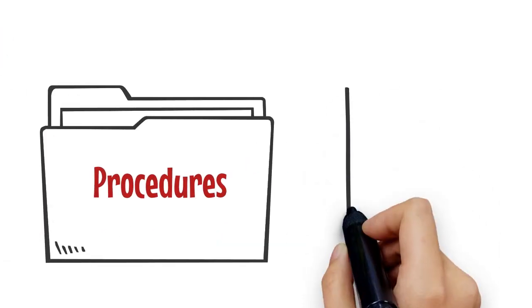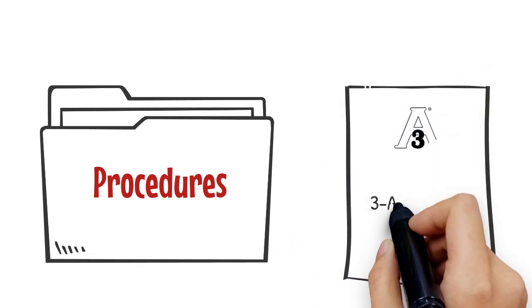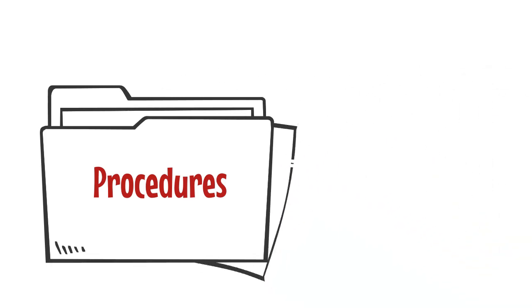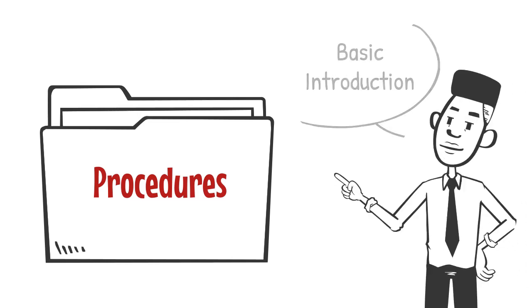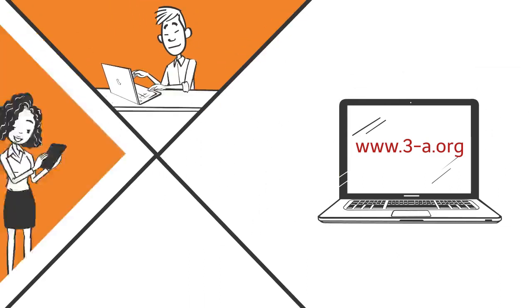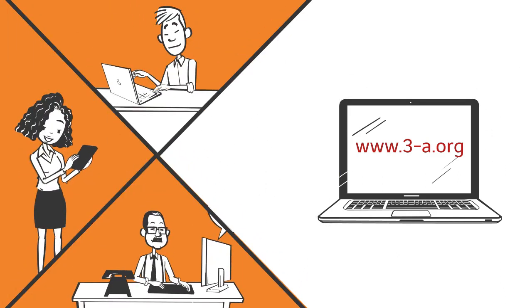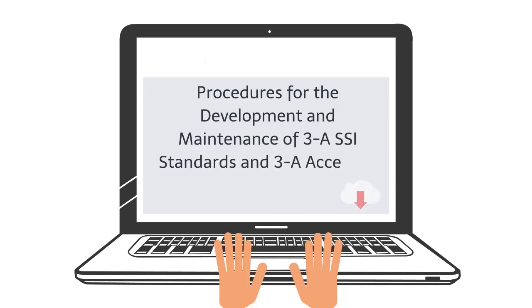This short video will give a general overview of how 3A sanitary standards and accepted practices are developed or revised. This is intended as a very basic introduction. 3A SSI maintains a set of detailed written procedures on its website to assist volunteers and anyone else interested in learning more. You can download a copy of the procedures for the development and maintenance of 3A SSI standards and 3A accepted practices at